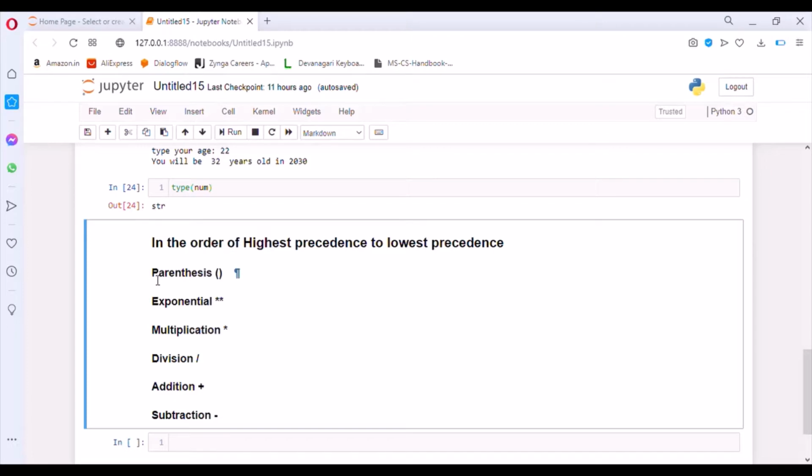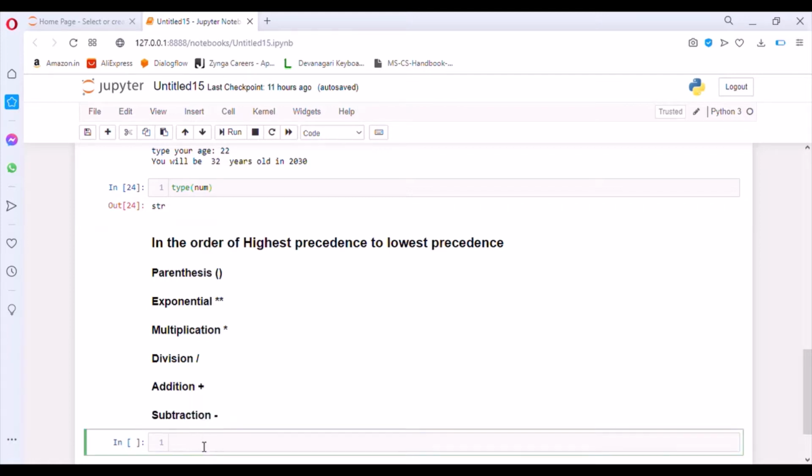So the precedence rule says that if in an expression a parenthesis is present along with exponential, multiplication, division, and everything, the expression inside the parenthesis will be evaluated first, and the expression associated with subtraction will be evaluated at last.